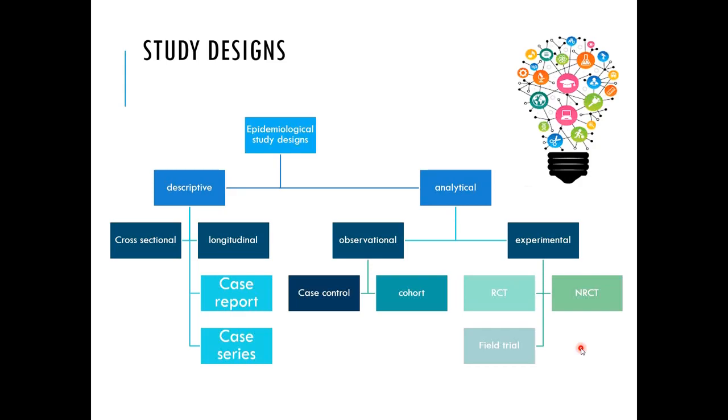If the researcher is doing an intervention with a single group for treatment, it is known as therapeutic trial. If a researcher is doing an intervention with a single group for the prevention of disease, it is known as preventive trial. But if the researcher is comparing two groups, it means he is now conducting a randomized control trial or non-randomized control trial. There will be a control group in the experimentation. If the allocation of the participants in the study is done randomly, it is a randomized control trial, and if they are distributed non-randomly, it is known as a non-randomized control trial. We will be discussing them in detail.